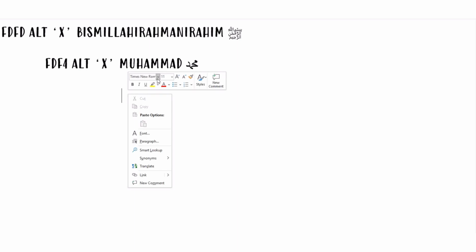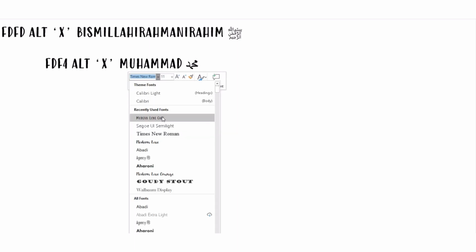Now I'm going to show you how to write the word Sallallahu Alaihi Wasallam. So for the word Sallallahu Alaihi Wasallam, the symbols are F, D, F, A. Then the keys are Alt, and while you're pressing Alt, you're pressing the letter X. Now I'm going to show you, instead of you writing like this, Sallallahu Alaihi